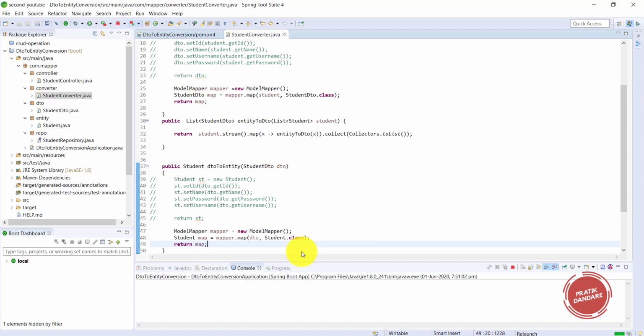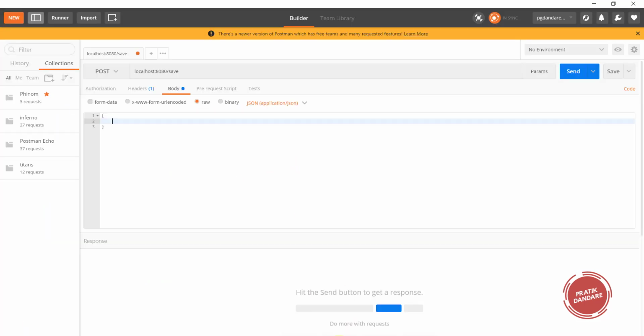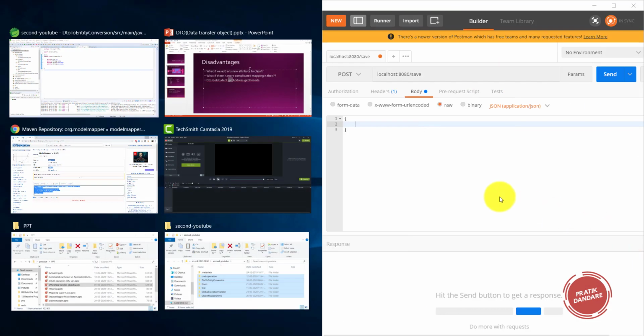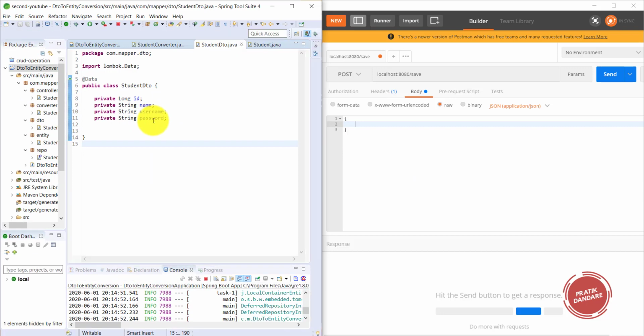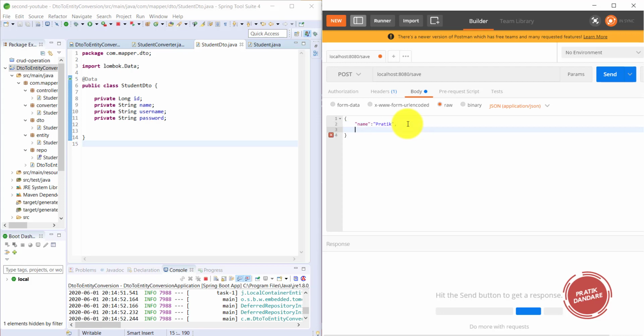Now let's run this project and test it. We already have the save API, so let's copy our DTO first. It's our student DTO. I'm putting the name here, and again the name is Pratik. I'm using username; last time I misspelled username, that's why it happened.